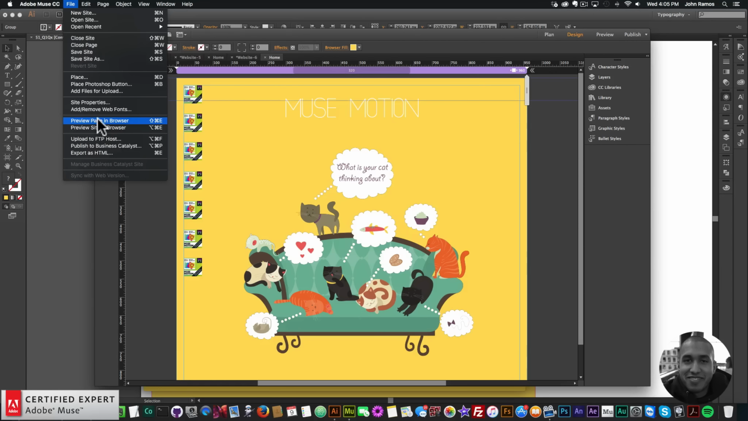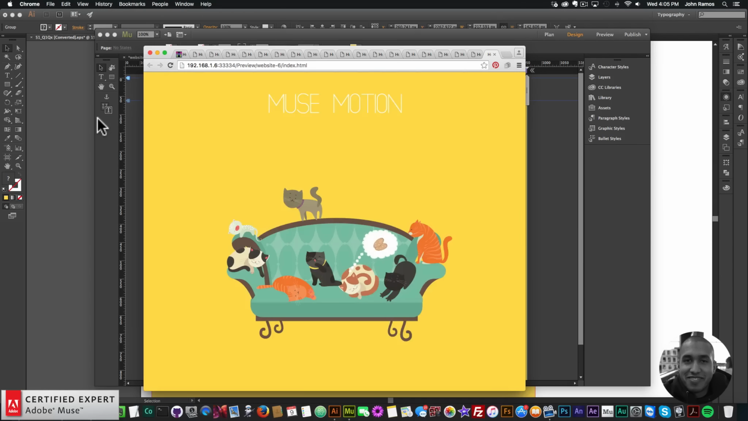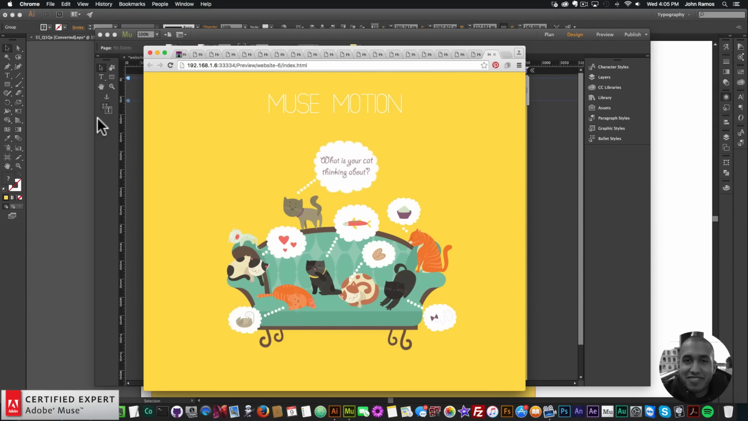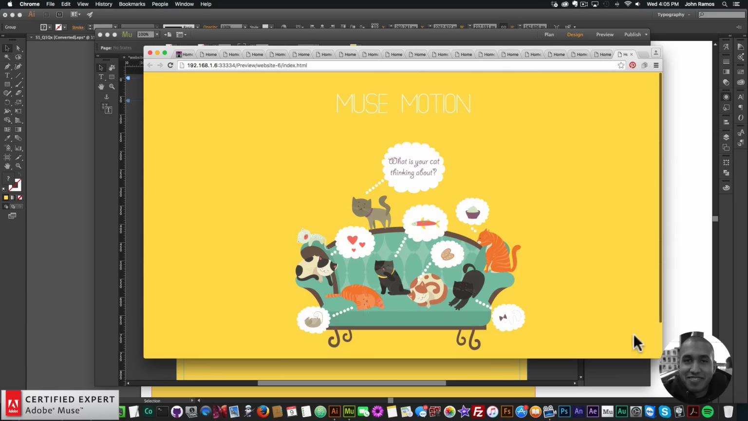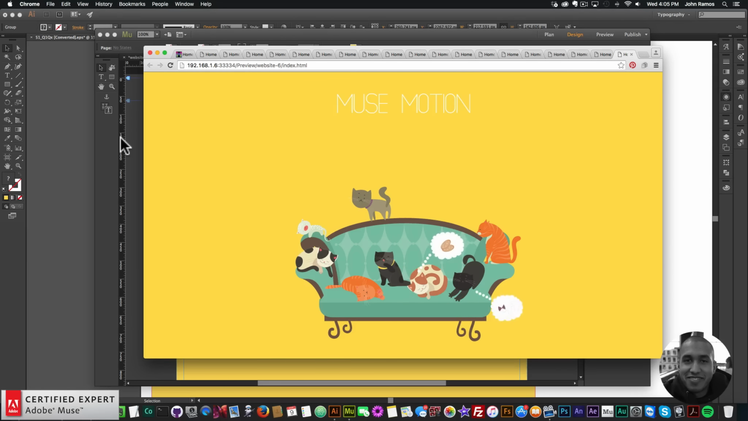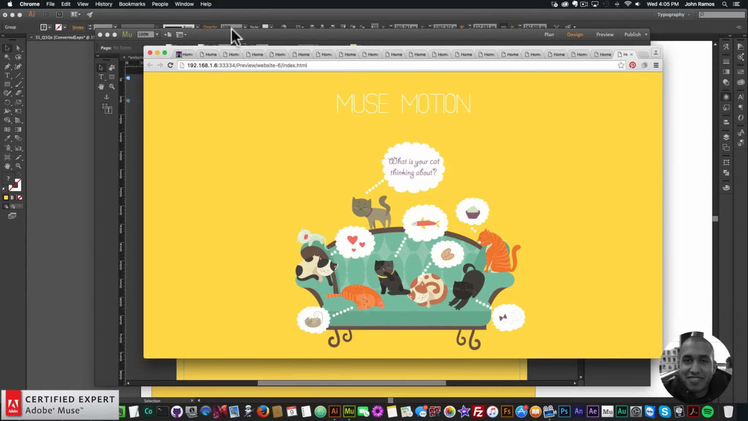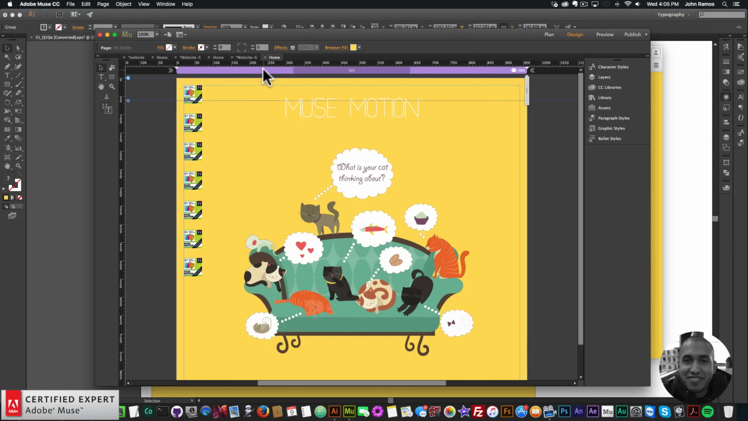All right, and I'll go to File, Preview Page in Browser. There we go, Muse Motion, and we have those cats animating. All right, very cool. So yeah, again, it brought it down a little bit. So it just takes a little bit of playing with, or you can fix the elements and that would look good as well. Okay, I think I've previewed this enough. So there's the animation, and one other thing that I'm going to show, if I go to File, New Site,